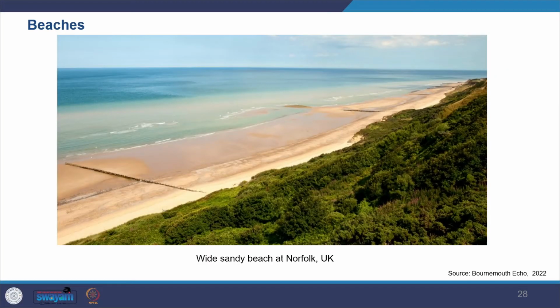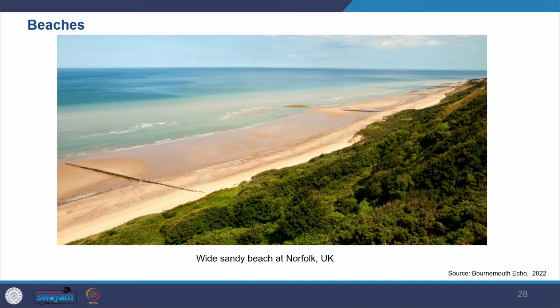Further, numerical modeling can also be done to understand how the sediment transportation is happening, and you have a wide range of models available for the purpose. The process of sediment deposition leads to a variety of coastal landforms. Looking at some of the landforms created by sediment deposition, you can look at beaches. You are familiar with beaches, so that's one of the landforms.